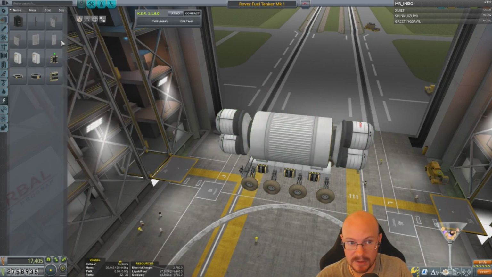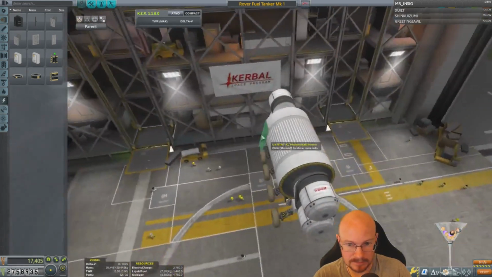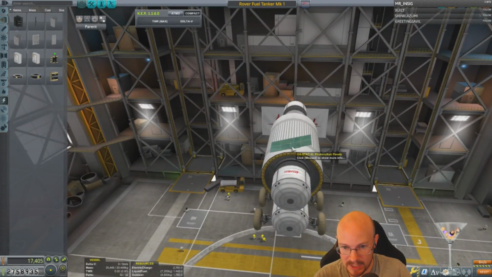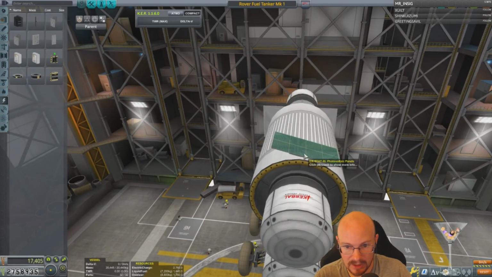Just these guys. Just get rid of those. The big ones. Where's these big guys? Yeah. So I just do a bunch of these guys on top. Oh, wow. Apparently I can't have them be...